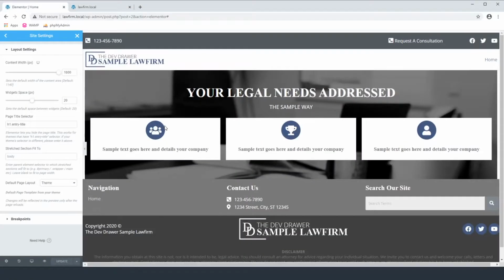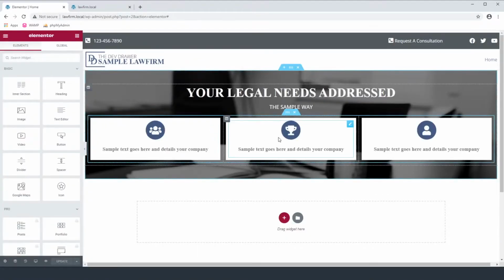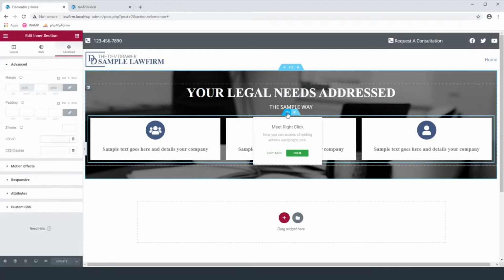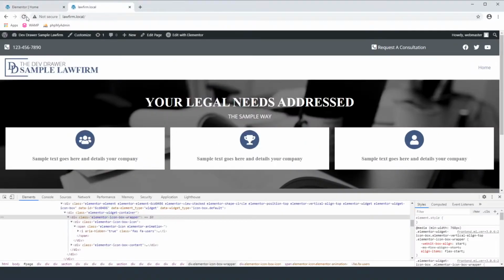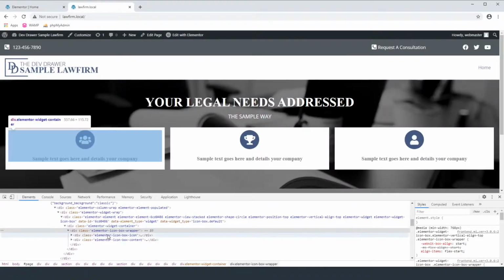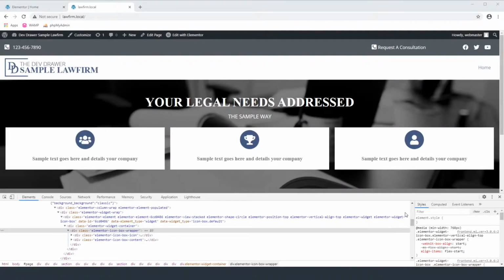So let's go back to our home page, and inside of this we're going to add a class to the wrapper for it. So let's do CSS class, and let's call it hero CTA. Okay, so let's update that, and now that should give us a class that wraps around these, and then we can call that. So I'm going to switch back over to Visual Studio,